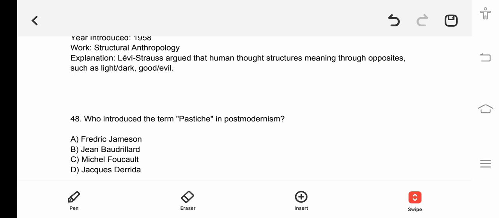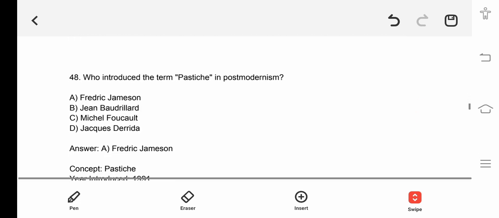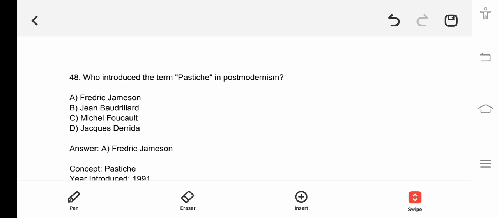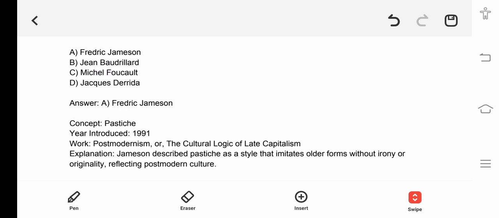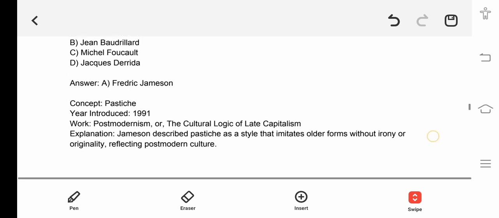Okay, so let's see the answer. The correct answer is Frederick Jameson. Pastiche, in 1991, this concept was introduced in the work Postmodernism, or the Cultural Logic of Late Capitalism, by the writer Frederick Jameson. Okay, let's move on to question number